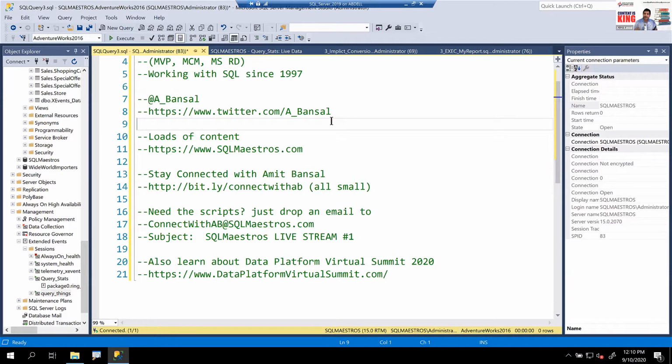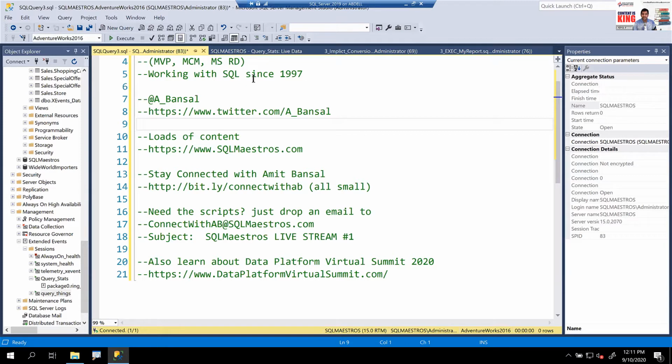Thankfully, whenever an implicit conversion happens and the query plan gets affected because of that, Management Studio will give you a hint. If you go to the execution plan and choose the select operator, you might see an exclamation mark icon, and that will tell you that there is an implicit conversion happening and you may want to investigate.